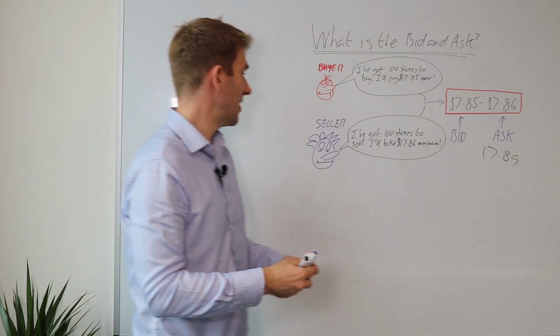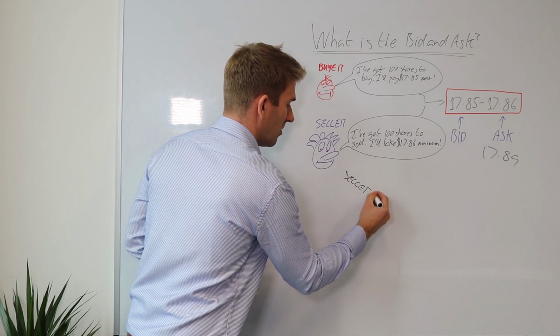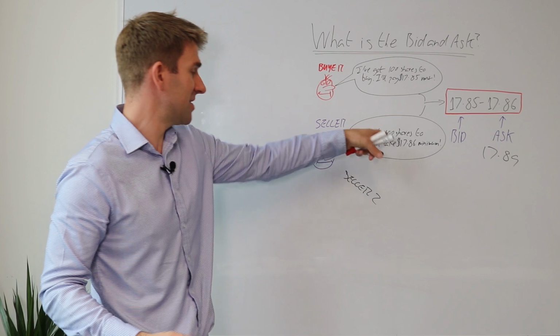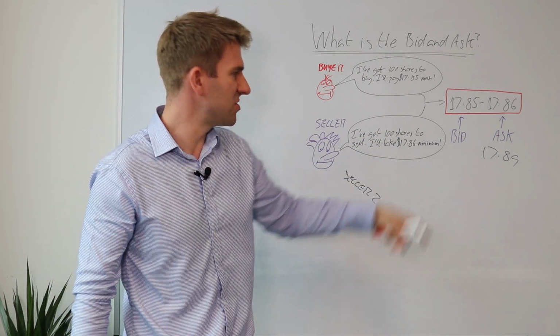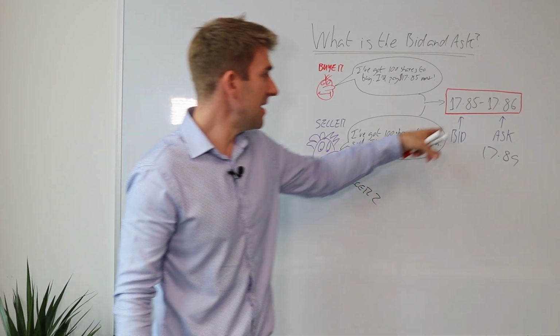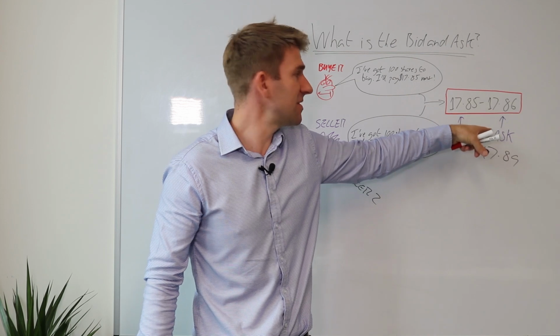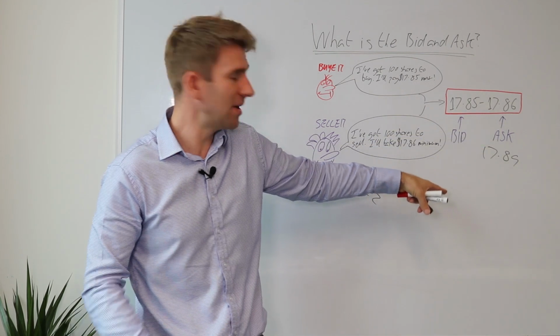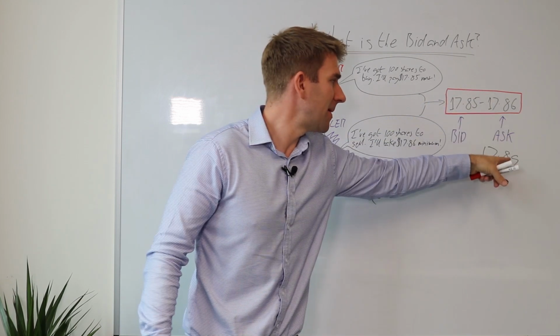Okay, let's say you've got a seller, seller number two. I won't write it all out, but he says, I'm not willing to let them go for any less than $17.89. He now would be the best ask, because someone's taken that best ask there at $17.86. We've come along and decided it's a great buy, and now the best bid is $17.85. The best ask is